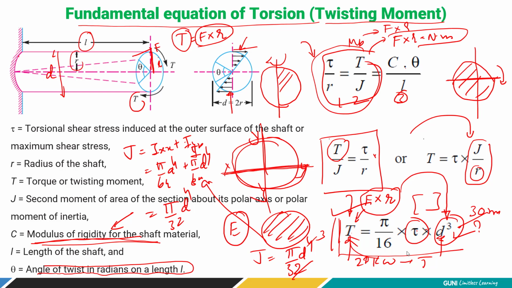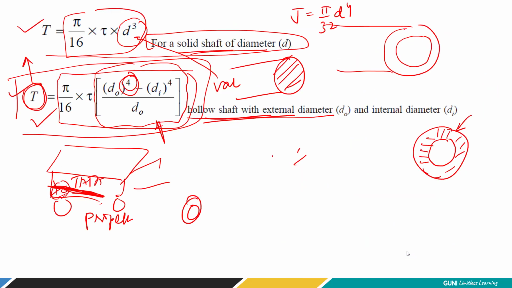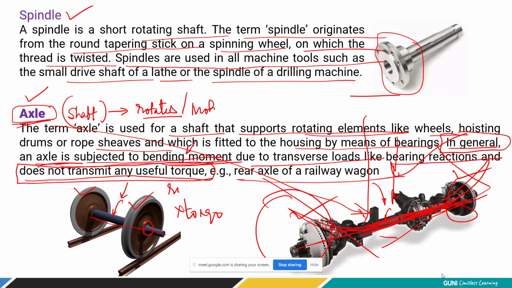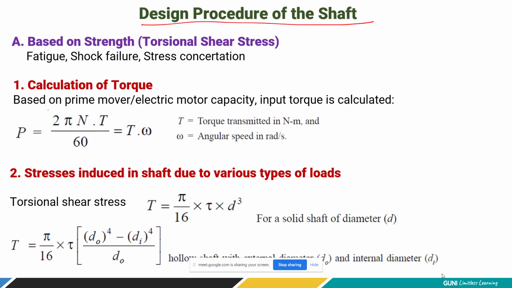and the cross section, that is dimensions. We have also discussed the equations for the solid shaft and the hollow shaft, right? For the given cross section, the hollow shaft is always going to give you more torque transmitting capacity, as it is clear from the equations, right? Then we were discussing about the various type of shaft. Then we also discussed the difference between spindle and axle.